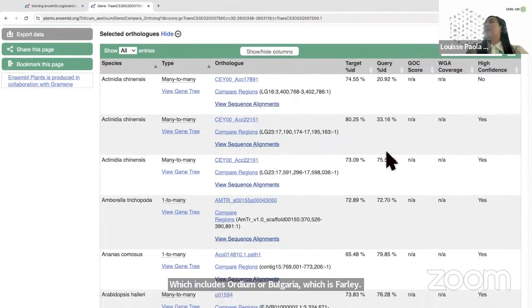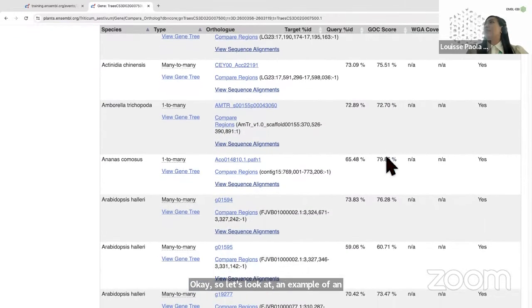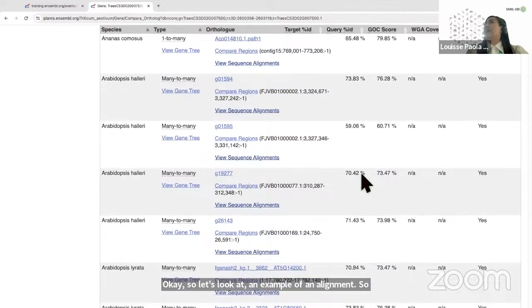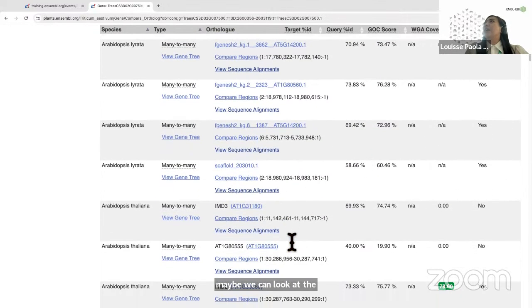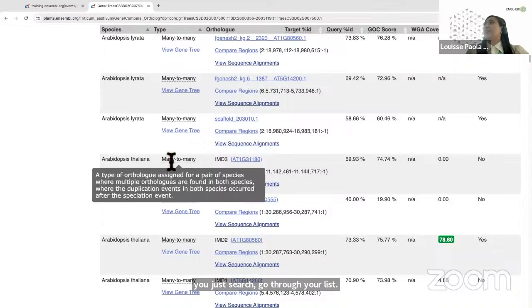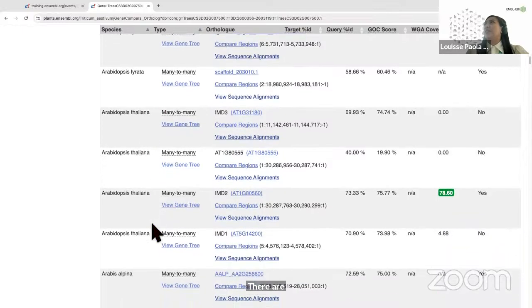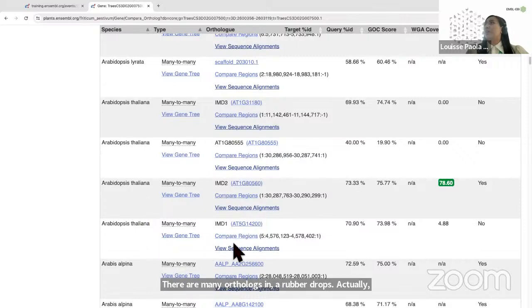Okay, so let's look at an example of an alignment. So maybe we can look at the ortholog in Arabidopsis. If you just go through your list, there are many orthologs in Arabidopsis. Actually, you can see there are multiple entries, 1, 2, 3, 4 orthologs in Arabidopsis. And there's many to many orthologs. So that means that there are multiple orthologs in wheat